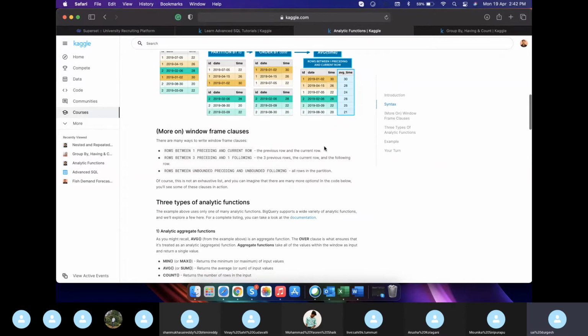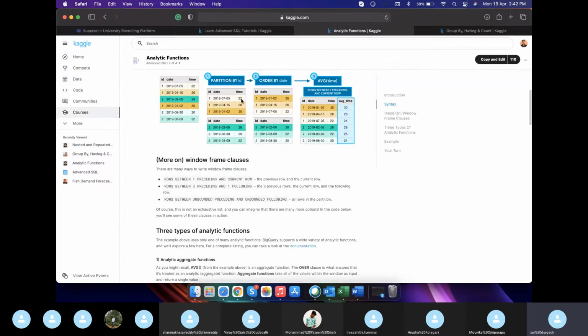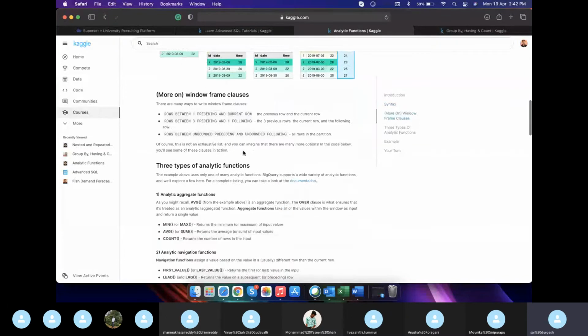These are the preceding rows, like at the partition by id, it was partitioning. For example, there would be the following table, which matches the preceding table.